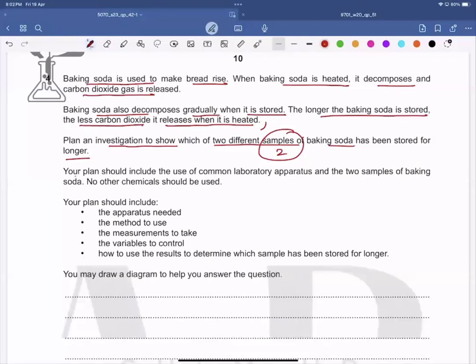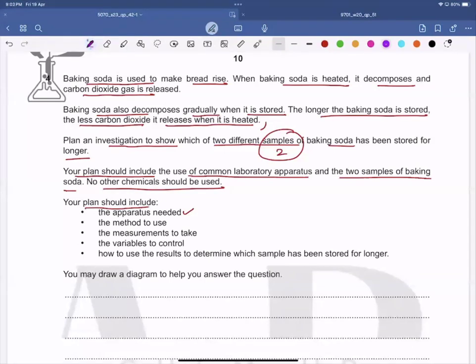Yes. Now, your plan should include the use of a common laboratory apparatus and the two samples of baking soda. No other chemical should be used. Your plan should include the apparatus needed. Okay. So first talk about the apparatus. What apparatuses do we need? If we are using two different samples,